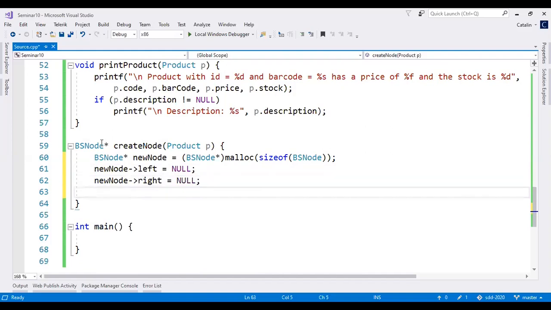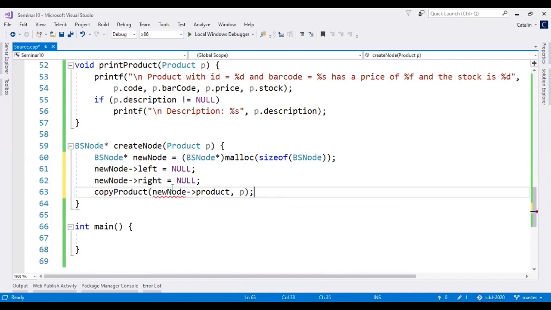And also now for copying, because we have a dynamic field here, you could easily use equals if you don't have dynamic fields in the structure. But because we have that, I will do this. So copy product. Where do we want to copy? We want to copy into new node product,